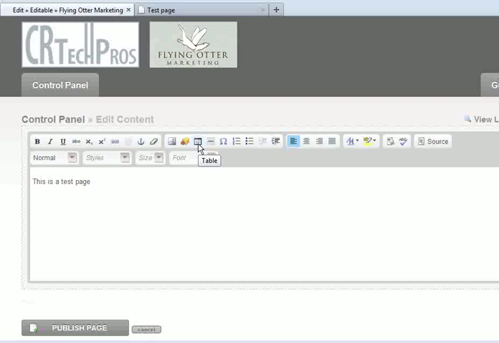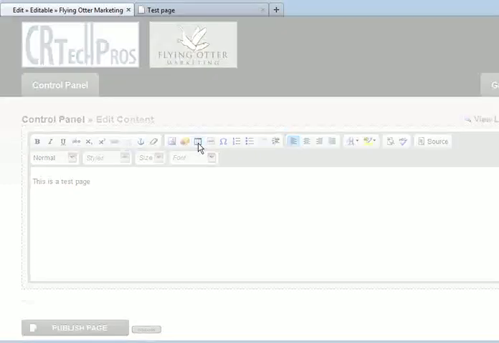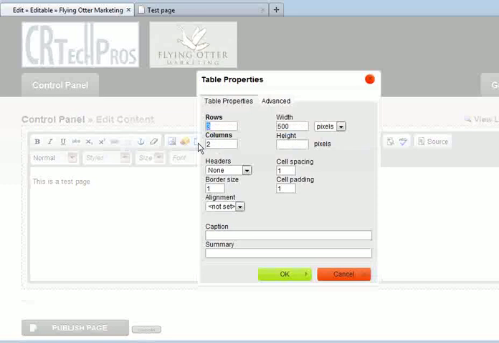There also is another purpose that we can use this for, and that would be to create a single cell which ultimately acts like a text box. If you need to just make one item or one block of text stand out, this is a way to do that. So let's jump in first and create a multi-cell table, which is the traditional use for the table tool. So I'm just going to stick with the 3 rows,